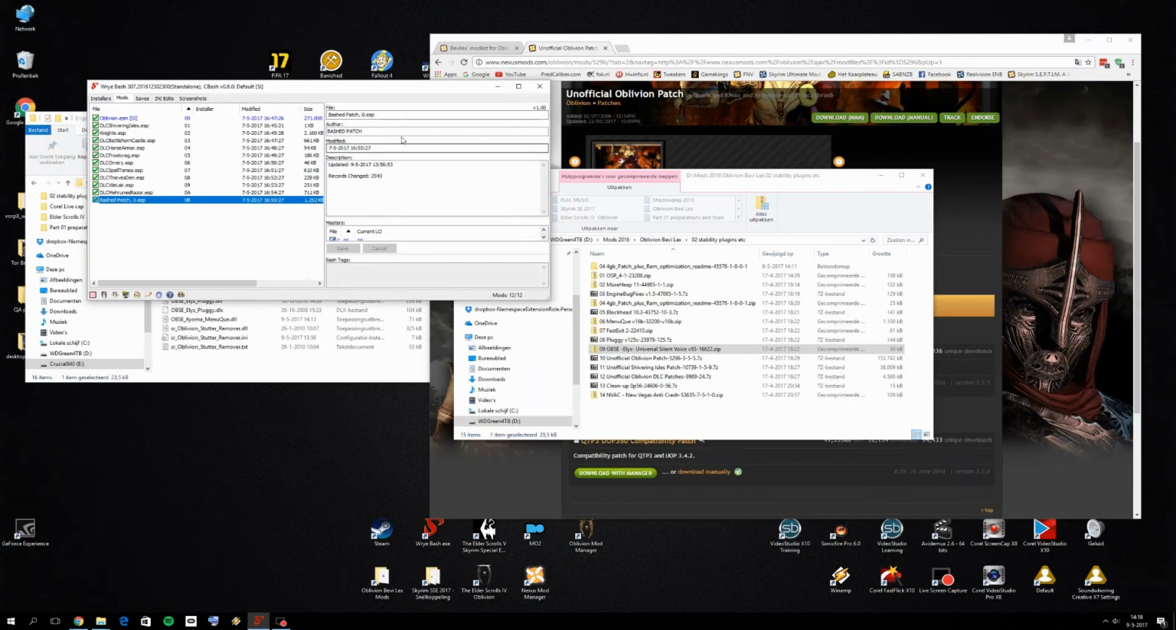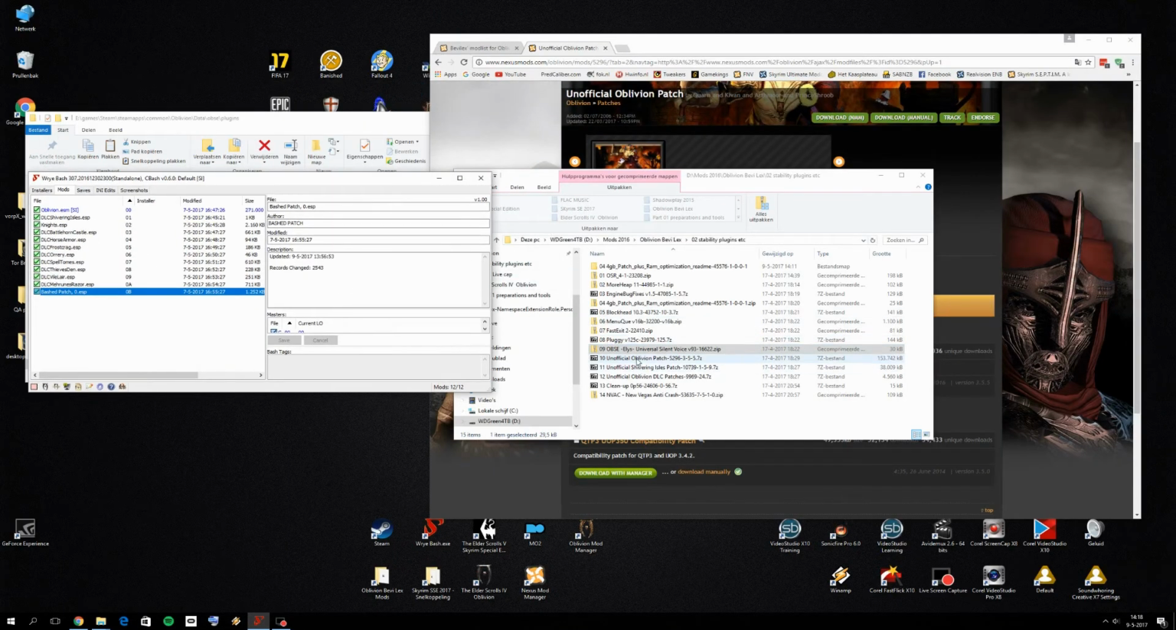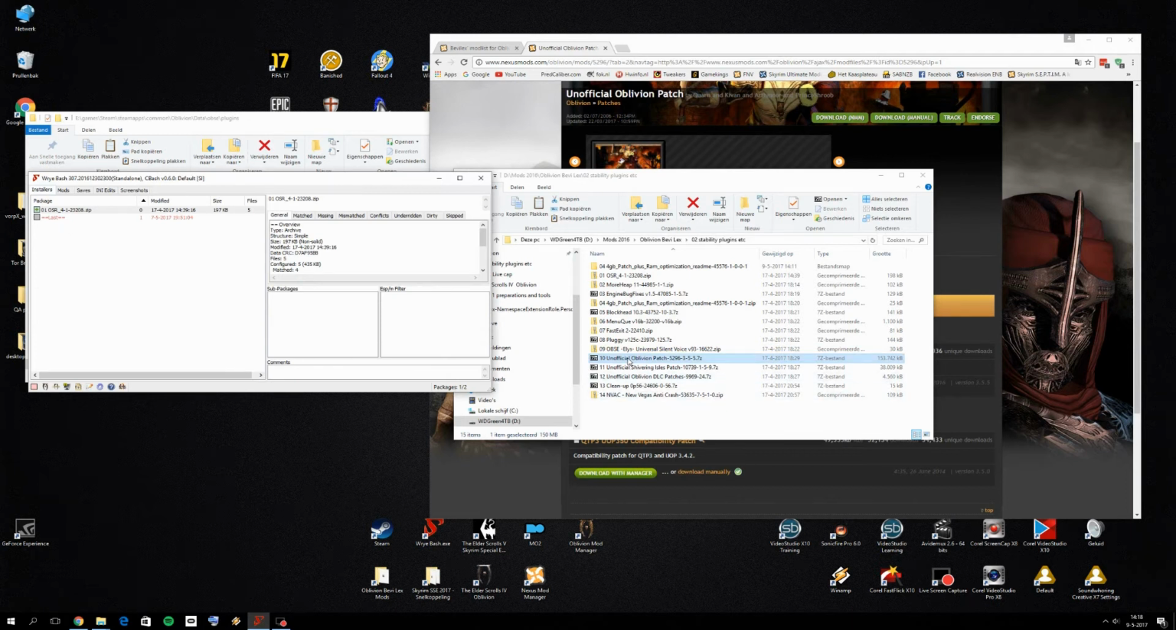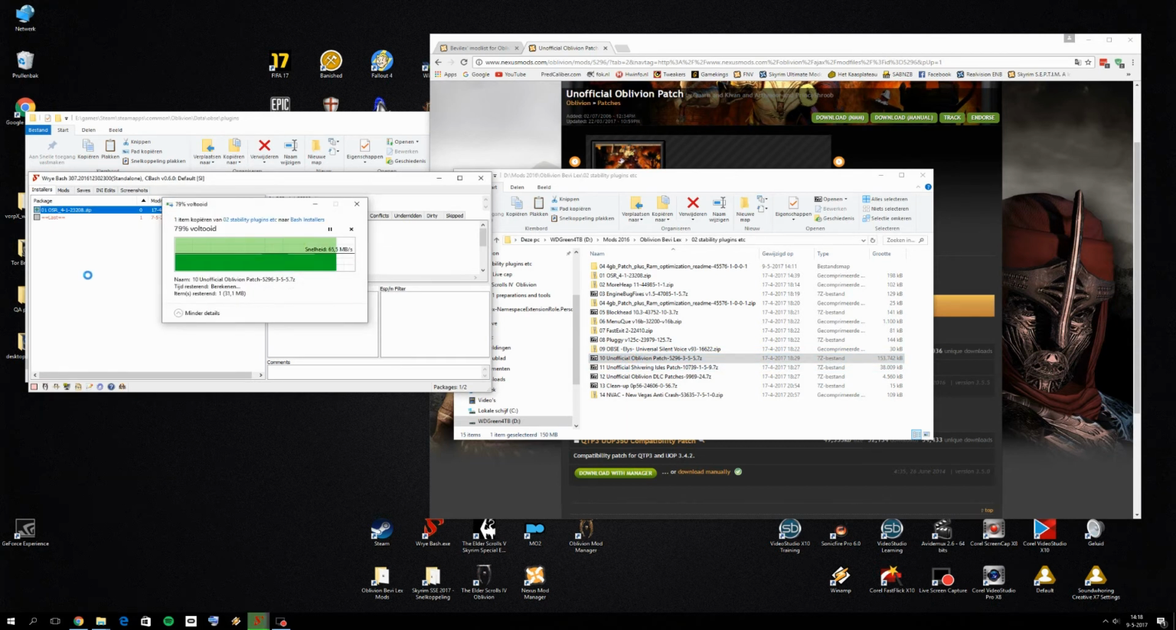So here's Wrye Bash. Alright. Drag and drop the Unofficial Oblivion Patch to the installers tab, which I'm doing wrong right now. This is the installers tab. I had the mods tab open, so drag and drop it in here, and let's wait for it to be